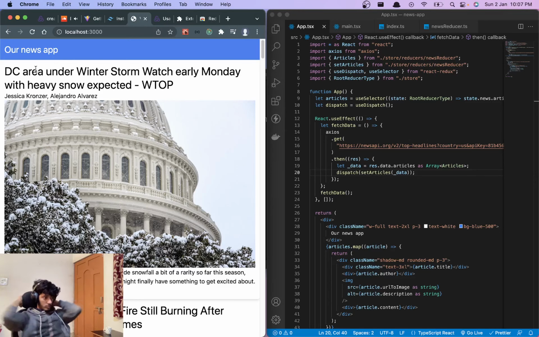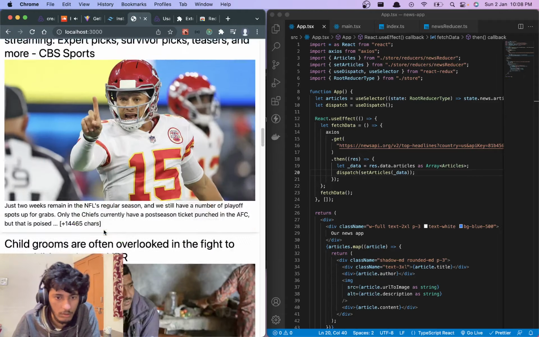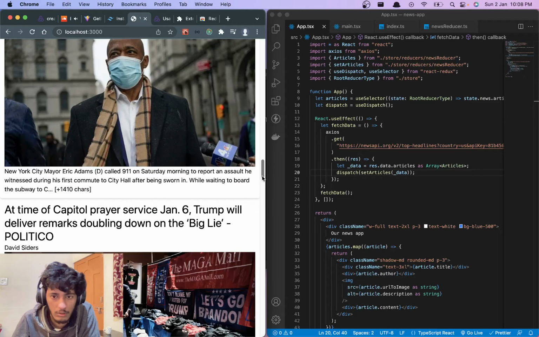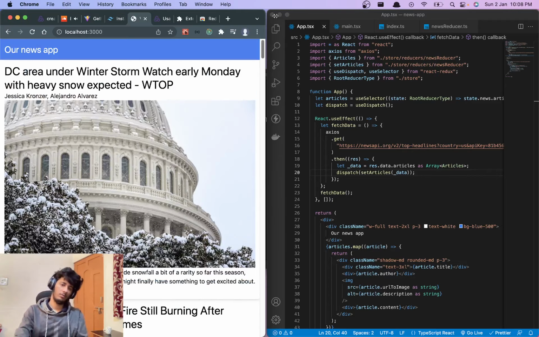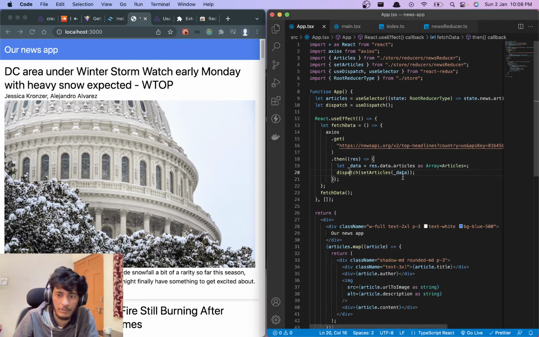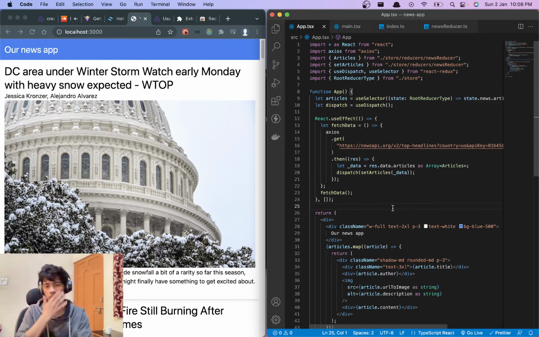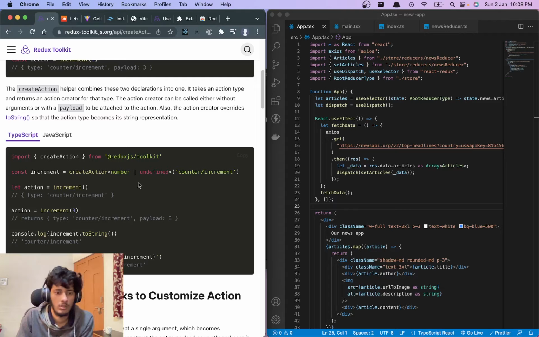Oh my God, that's true. That's how you dispatch an action. So you just call it with whatever data you passed with it. Okay, got it. This is how you do it. So what you have to do is use this dispatch function, then pass the function in this with the data to basically store it. Got it. Okay. What's next?